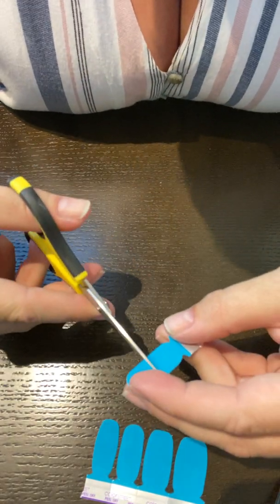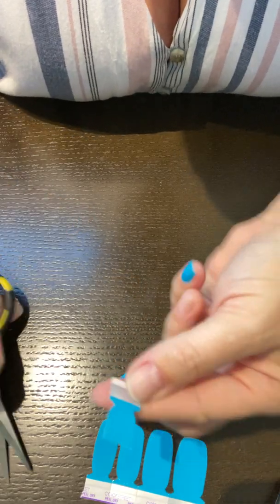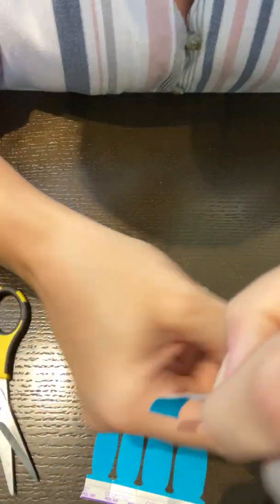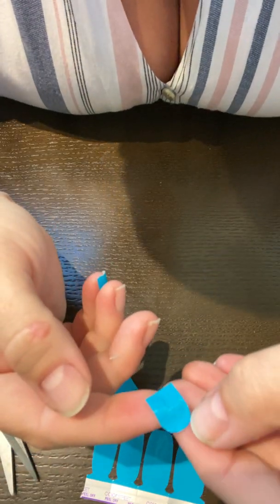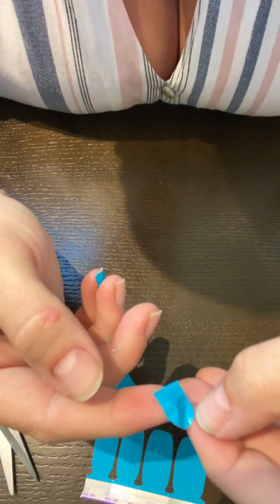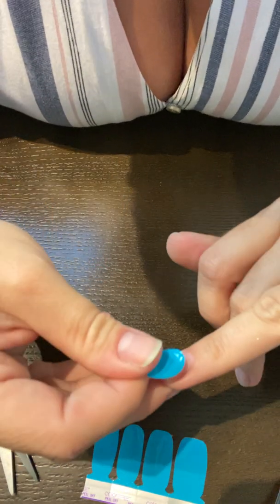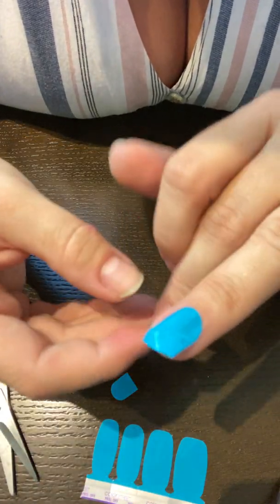Second step, cut the nail in half. Third step is to peel off the backing and to pull the little tab away. Sometimes you'll get a little extra piece that doesn't pull off that you just have to kind of go in and take off. Okay. And then I'm going to place this again as close to the cuticle as I can